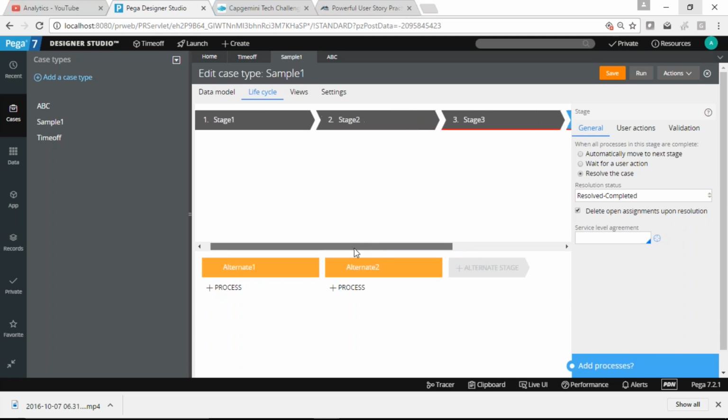Mukesh? Yes, Sonam? Her question was, in one stage, can we have more than one resolution? Within one stage, the stage is actually like a resolution. Within that you can set the status in different states, depending on the condition.